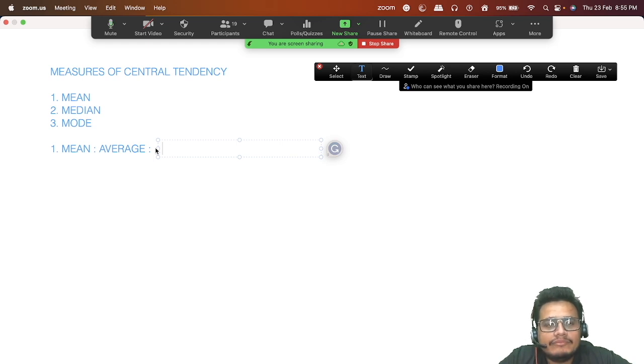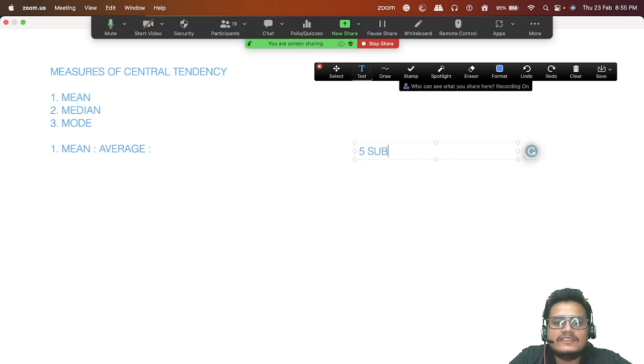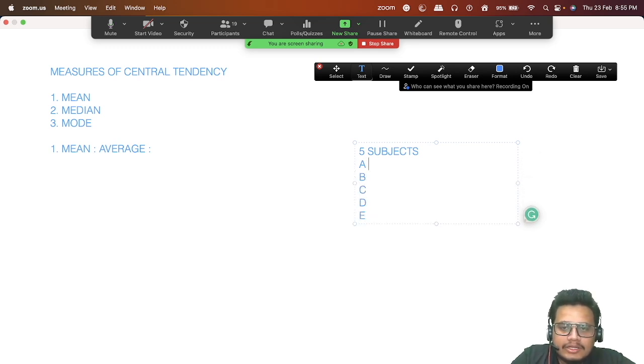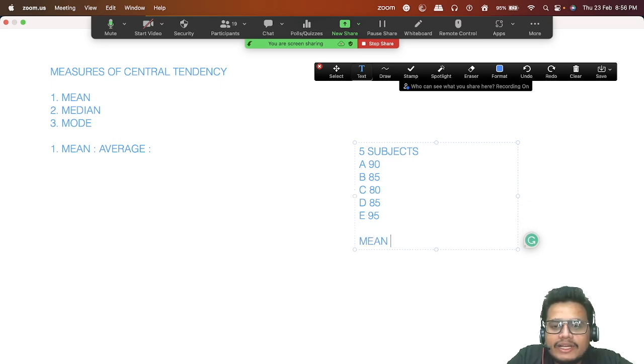What is the meaning of mean? Mean, I can say it as average. Suppose I have 5 subjects A, B, C, D, E, and I got 90 marks in the first, 85 in the second, 80 in the third, 85 again, and 95 again. Now I want to get the mean. Mean and average are the same. So what I'll do, assuming all the marks are out of 100, is add up all the observations, the sum of all marks A plus B plus C plus D plus E,